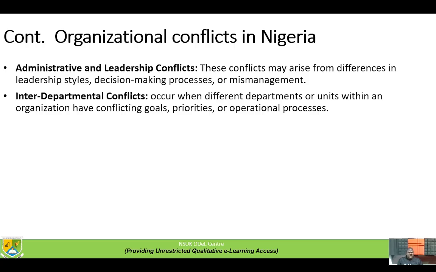it causes conflicts. Also, some leaders take decisions that are very unhealthy. They don't put people into consideration. It doesn't concern them, it doesn't bother them. When decisions are taken that are very haphazard, that do not really consider the people who are involved directly, it can cause conflicts.